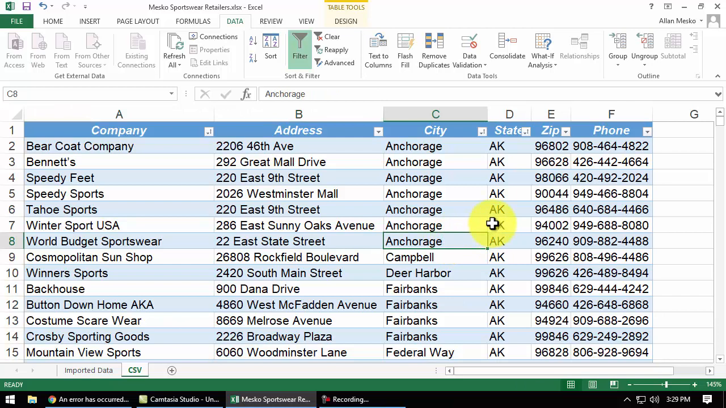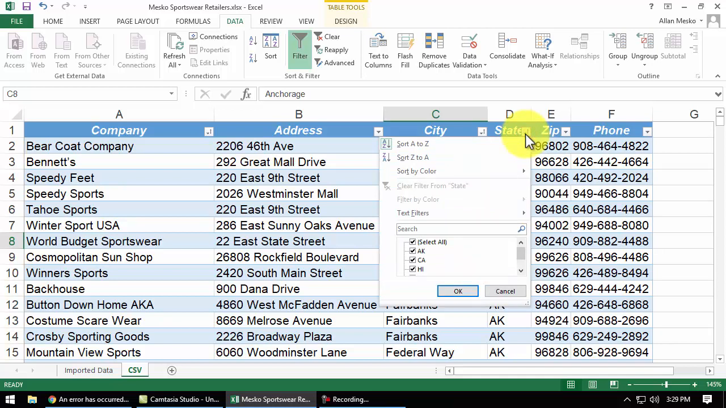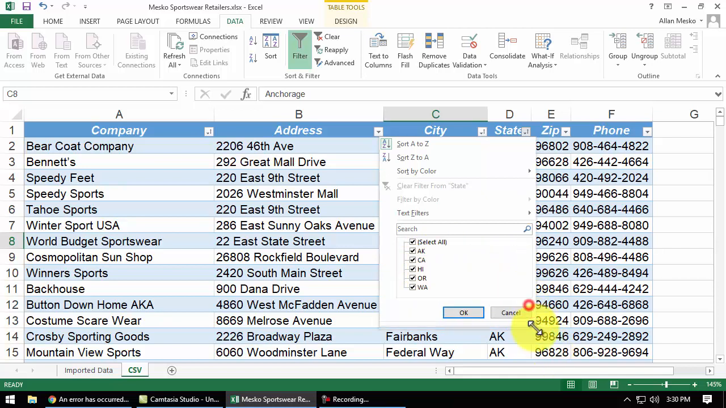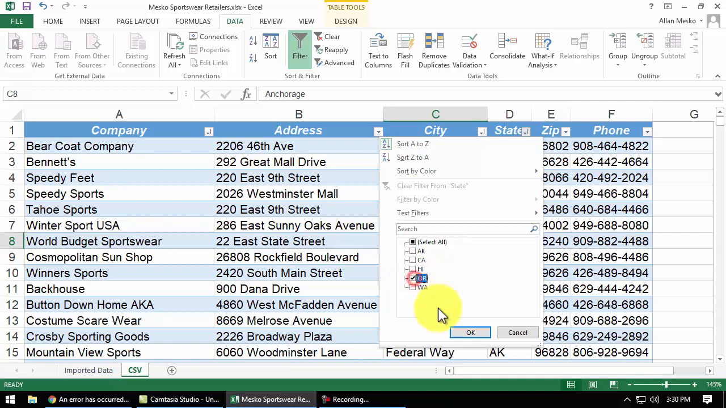Number 11 says, filter the results to display only those companies in Oregon and show the total number of companies in the state. So we want to filter by state. So if I click on this, it's already sorted, but notice I can select every state, which is what it is now, or I can pick one or more states. Well, if I'm only picking one, it would probably be faster to deselect everything and then just select that one, especially if there were 30 of these. So I'm going to deselect everything